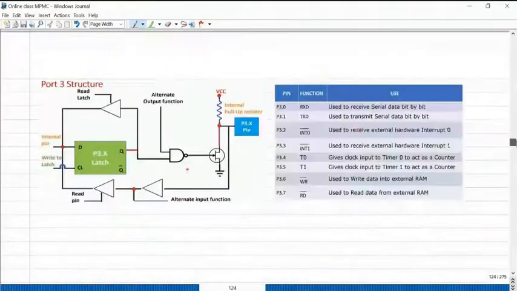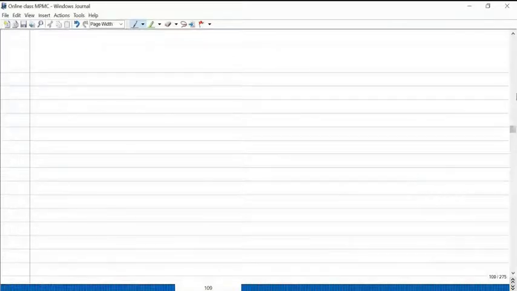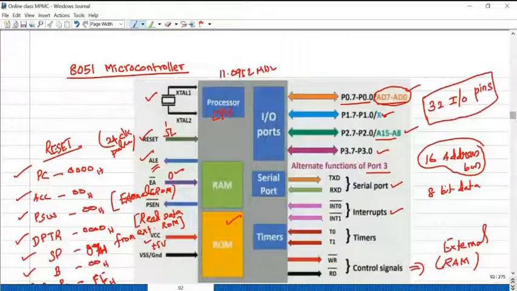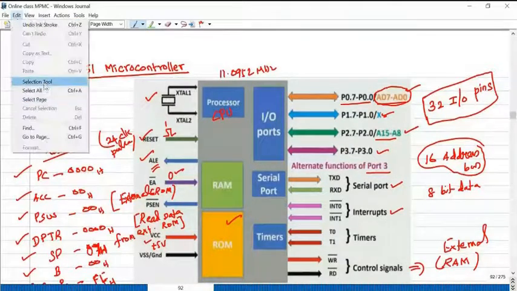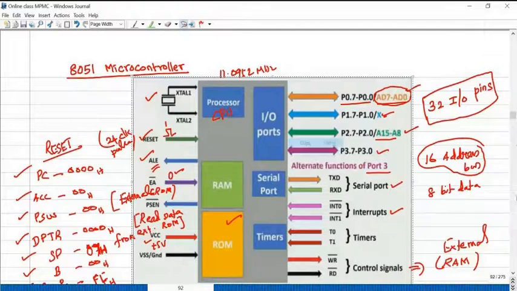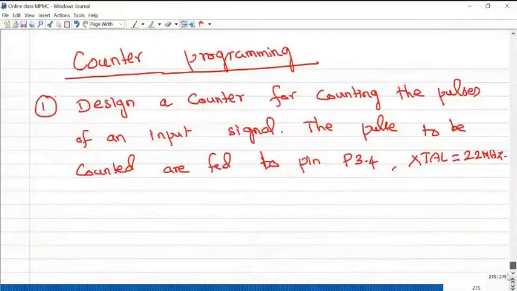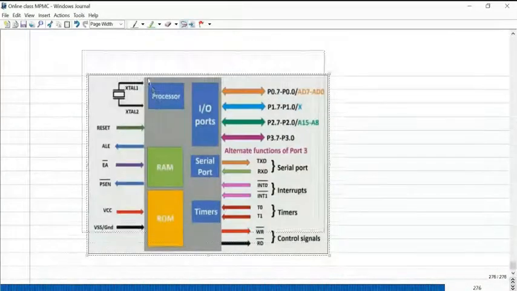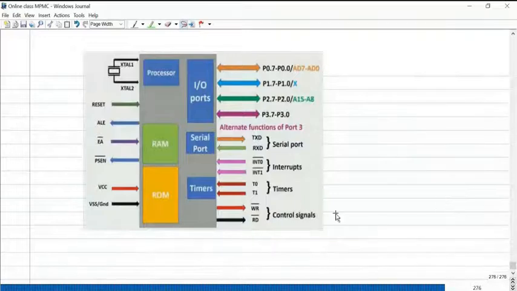So if you look at the pin diagram of the 8051 microcontroller, there are two pins available for counting the external event. T0, T1.